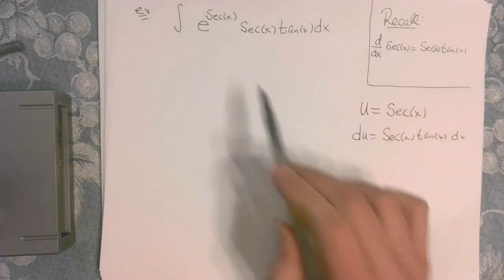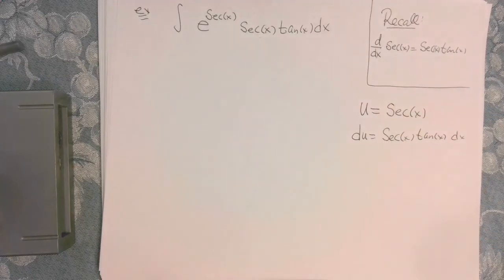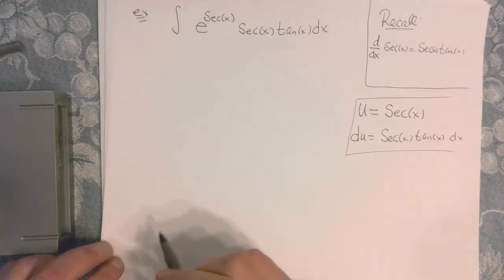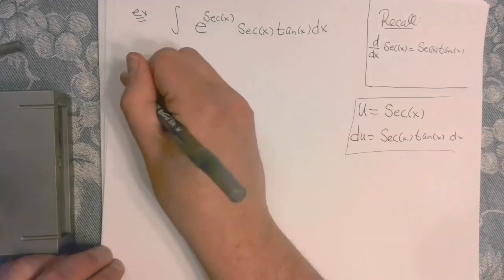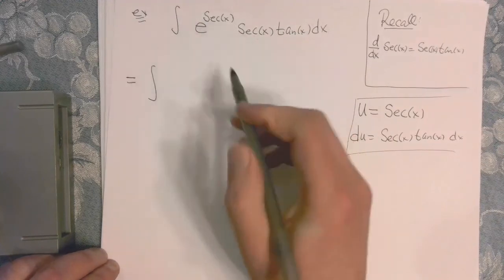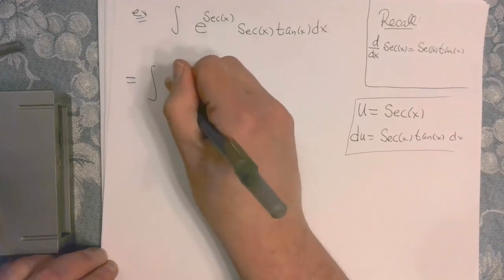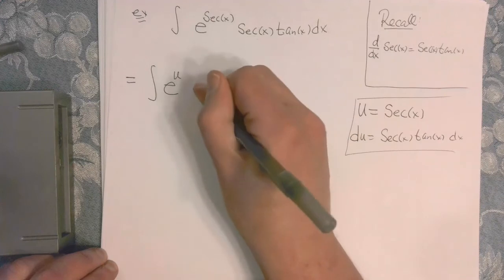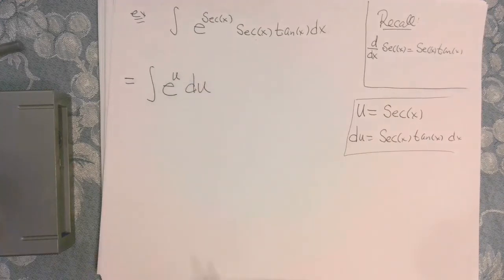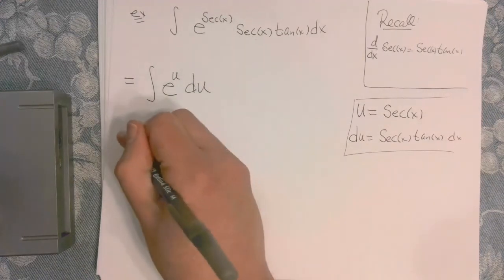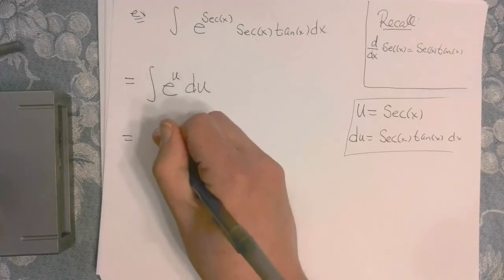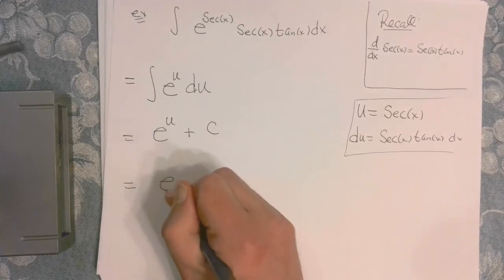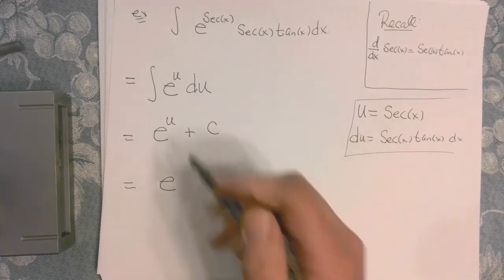So we should call this du. So that means that this is equal to, well, this is what we're calling u. And this is what we're calling du. And so this was really helpful because the antiderivative of e to the u is itself. And then we can just go ahead and back substitute